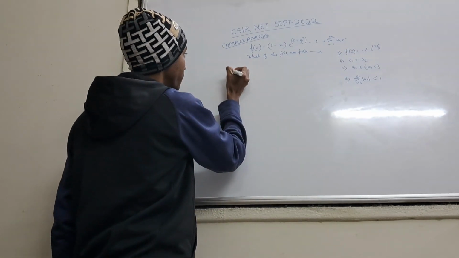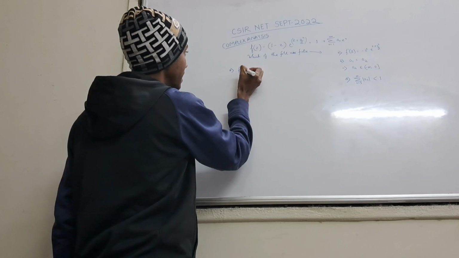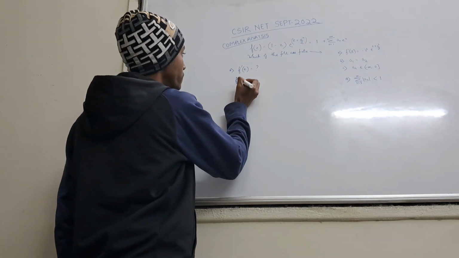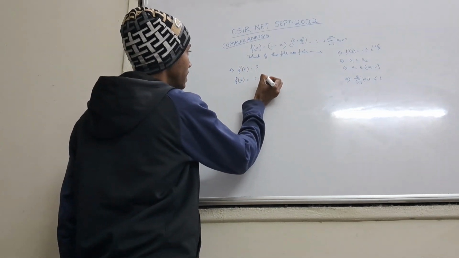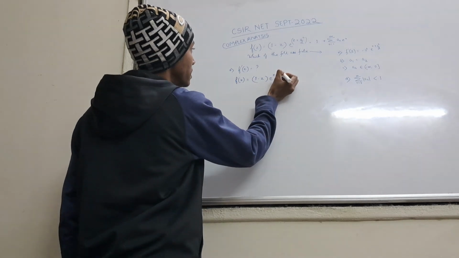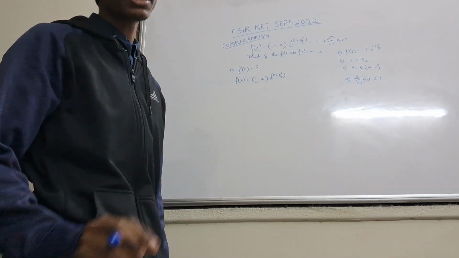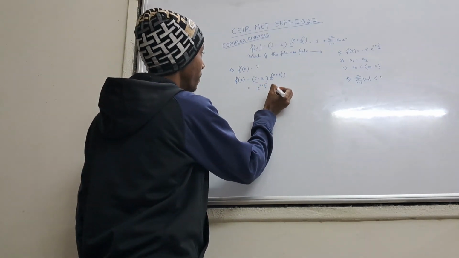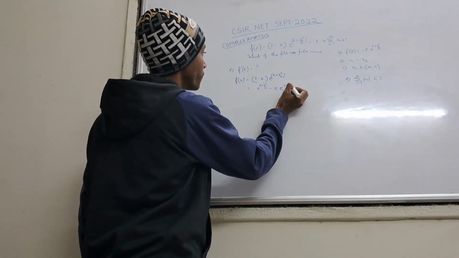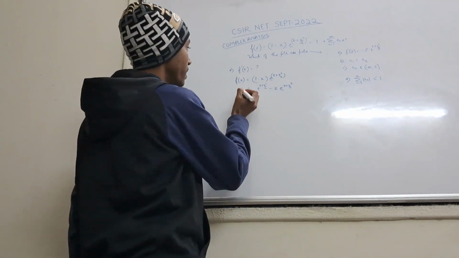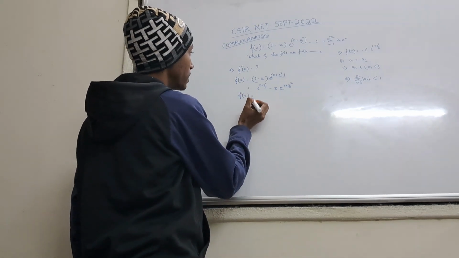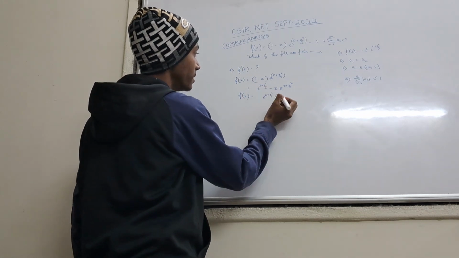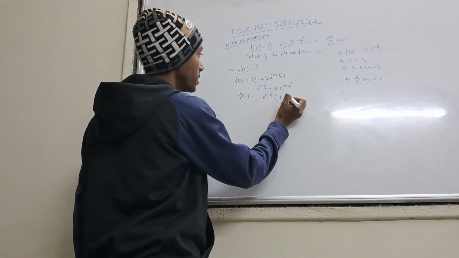First one we will see that f dash z, यहाँ से क्या आएगा, we can easily check क्योंकि हमें f of z दिया हुआ है. So अगर f of z is given to us as (1 minus z) into e to the power (z plus z square by 2), just little bit we will expand it. That means e to the power (z plus z square by 2) minus z into e to the power (z plus z square by 2), and if we derivate it with respect to z, what we will get? E to the power (z plus z square by 2) into derivation of (z plus z square by 2), which is 1 plus z,